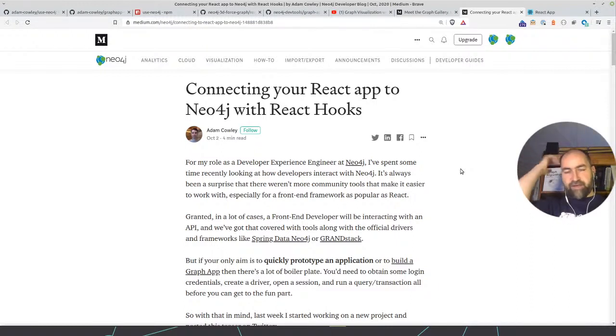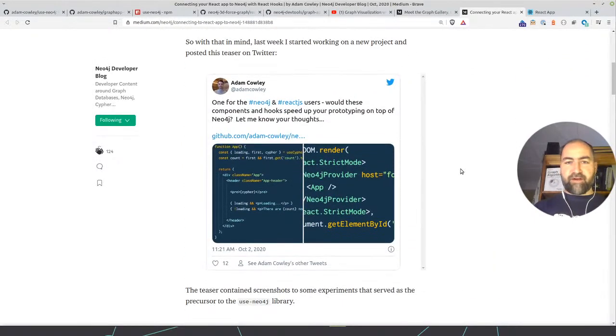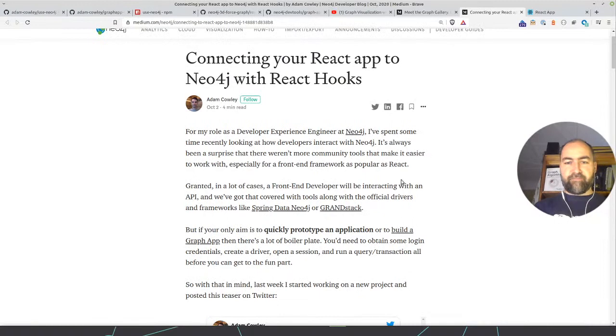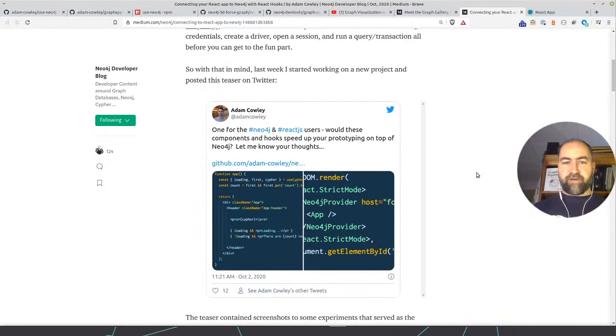Then you connect directly to the database to just show the feasibility of something, to convince your boss to run a project with Neo4j. And for prototypes like this, it's a lot of boilerplate to do the driver connection dialogue and all the stuff. It's a little bit repetitive.